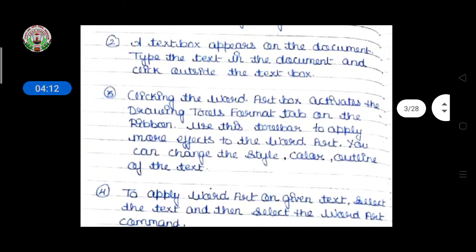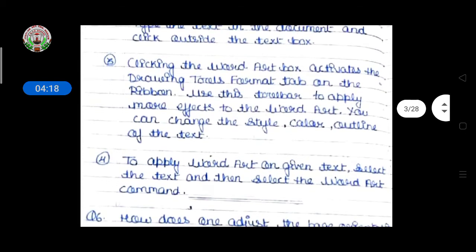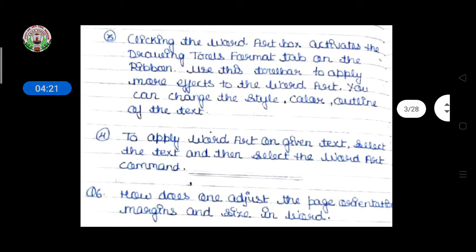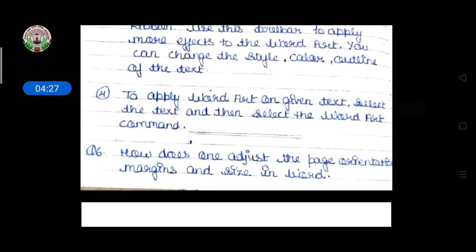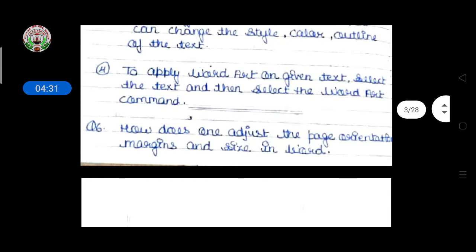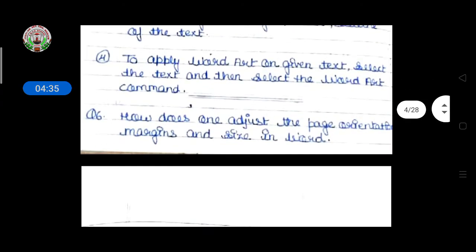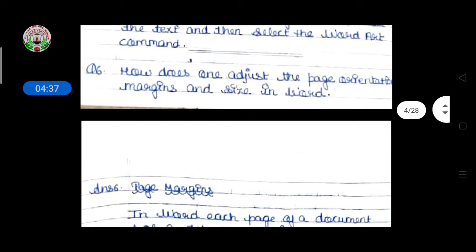Clicking the Word Art box activates the Drawing Tools Format tab on the ribbon. Use this toolbar to apply more effects to the word art. You can change the style, color, outline of the text. Then, to apply word art on given text, select the text and then select the word art command. It will change.